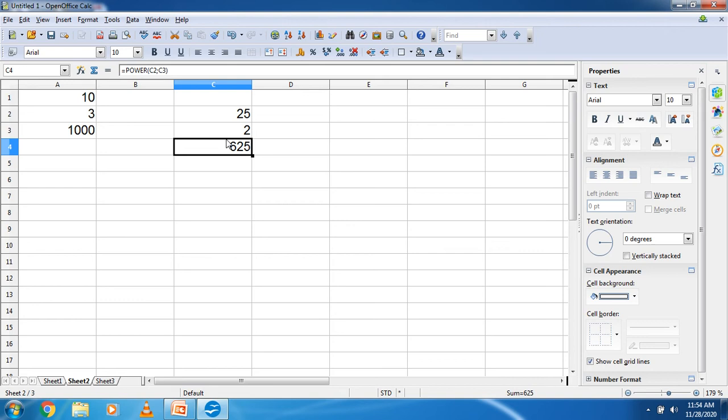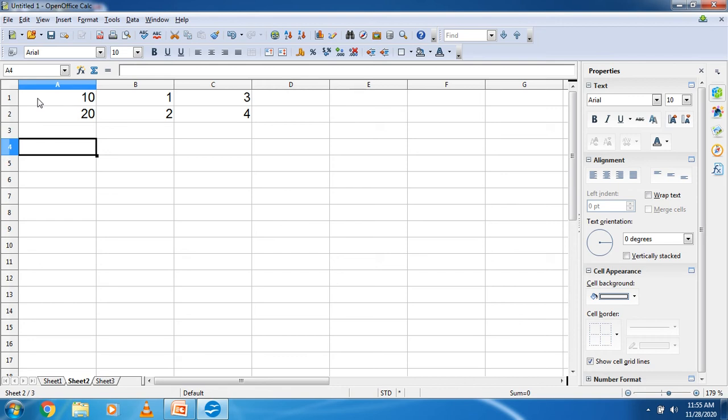Student, our next function is the product of many arguments. The PRODUCT function multiplies up to 30 arguments, like x1, x2, till x30. Each argument can be a single value or a range of cells. The general form of PRODUCT is n1, n2, n3 till n30. So consider that we have entered some data in the worksheet. I delete this value and here I am writing some values like 10, 20, 1, 2, 3, 4. Okay student?